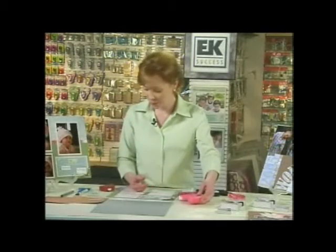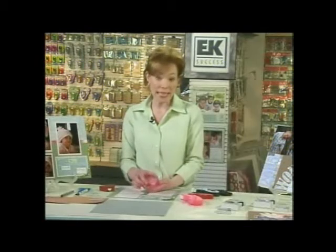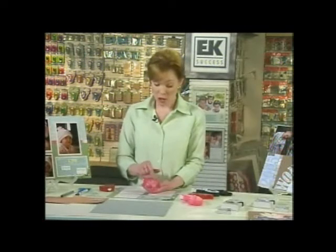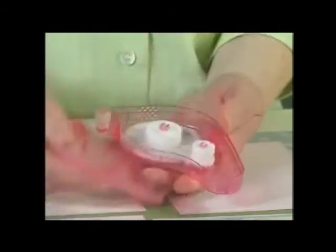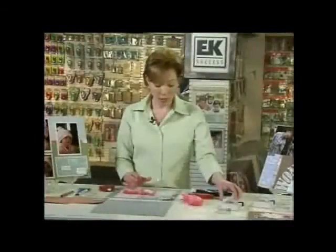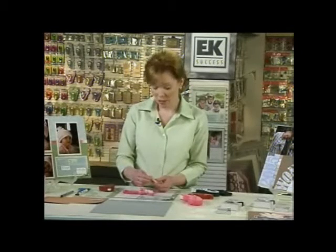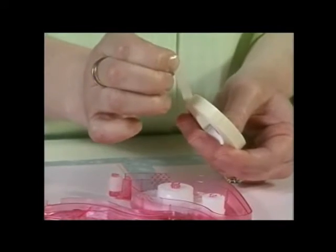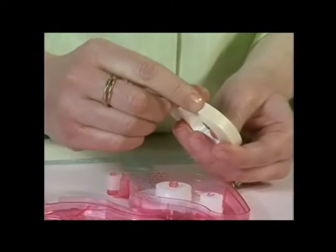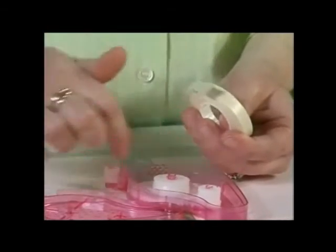That's the Vario. Now our Dotto is the same way. It's very easy to do. Again, we just take the top off and start our tape. This one's a little bit different than the Vario because our tape is held down just a little bit. You want to give it a little tug. Don't worry, that's how it's supposed to be. And I use this little piece of tape right here as a guide when I'm lacing and weaving it through